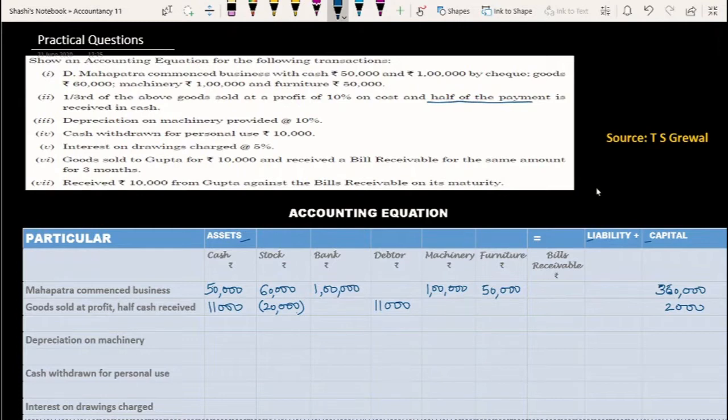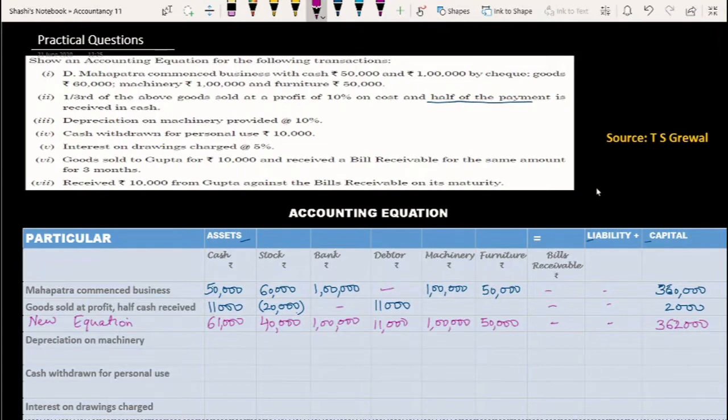Okay. So now after two transactions, we'll be writing a new equation. So the new equation comes to 61,000. 20,000 is reduced, so it comes to 40,000. This is the same 1 lakh. Here again 11,000. If needed, we'll write a dash. 1 lakh, 50,000. Here also it's dash everywhere, nothing is mentioned over here. Same way here also, and this is 3,62,000. So this is the amount of the new equation.